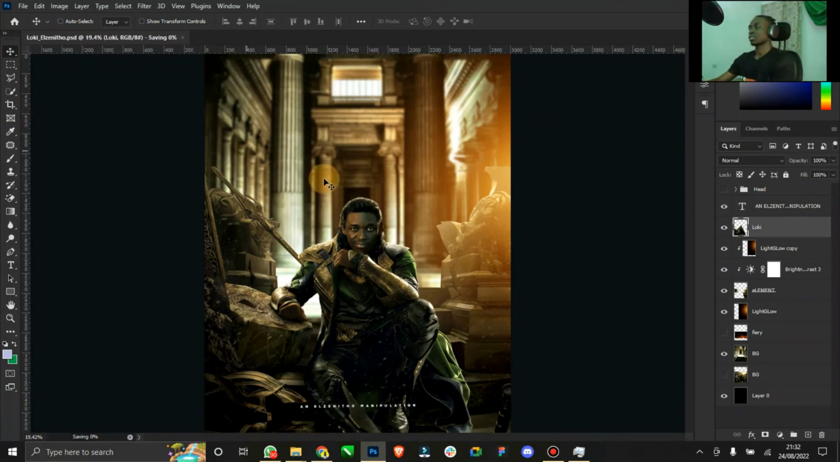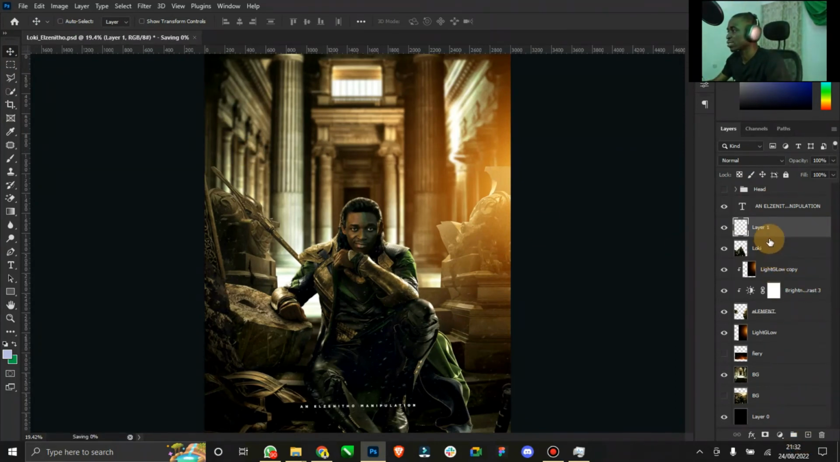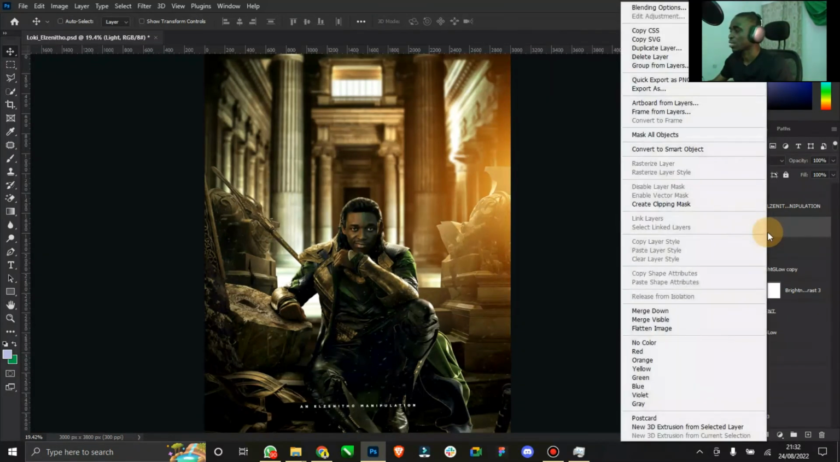Yeah, so we can add our lights. We're not supposed to add too much light because it has light already, but just so that you can know how to add your light. When you open a new layer, just right click and create clipping mask. Then